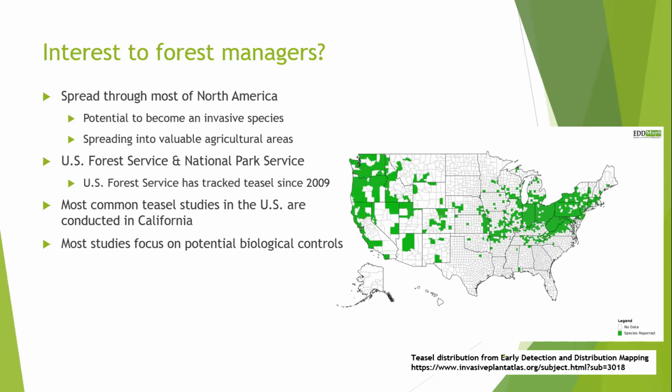So the most common teasel studies in the United States have been conducted in California. There are some in Washington where it's starting to spread into agricultural areas. And there's one that has been conducted here in Colorado to date, or one published one, I should say. But most of the studies on common teasel focus on potential biological controls. Since it's a non-native species, that's kind of the focus right now for trying to control it. But I would like to not necessarily look at biological controls and look more at predicting where we